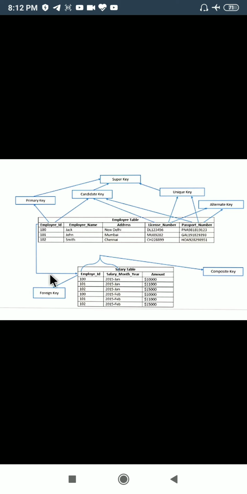Okay, but here employee id is not acting like a primary key. So this type of key will be known as foreign key. I'll try to explain the foreign key again with another better example so that you may have a better idea about it.